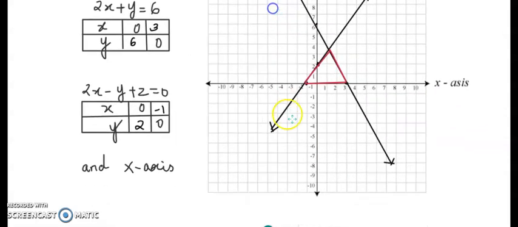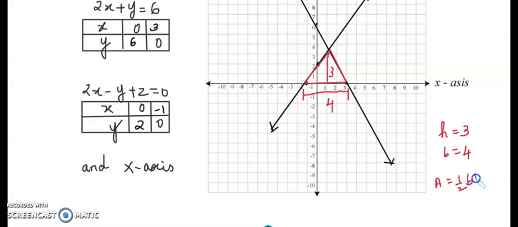They're saying find the area of the shaded region. So that means, can I say from here to here is the base of the triangle, which is from minus 1 to 0, 1, 2, 3. That means it's a 4. And the height is from here to here, which is 1, 2, 3. Okay, so the height of the triangle is 3, base of the triangle is 4. So area is equal to half base into height, which is half 4 into 3, which is equal to 6.